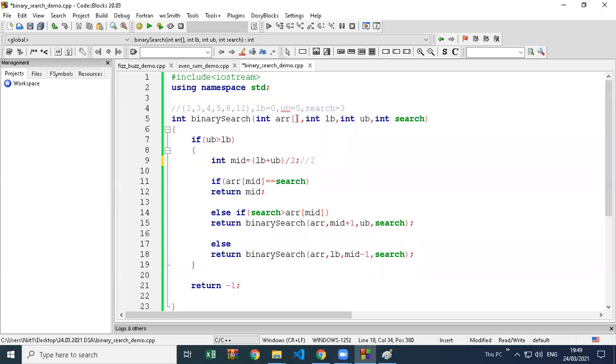Upper bound is 2 minus 1, 1. 1 divided by 2, 0.5. So is 0 the element we are searching for? No. So what we are searching, 3, is it greater than 2? Yes.